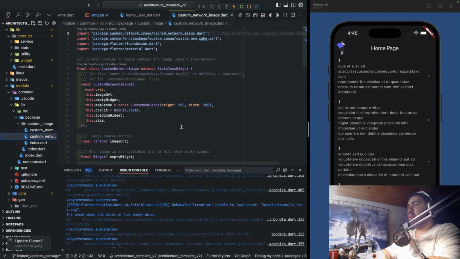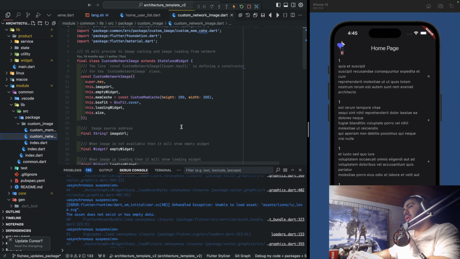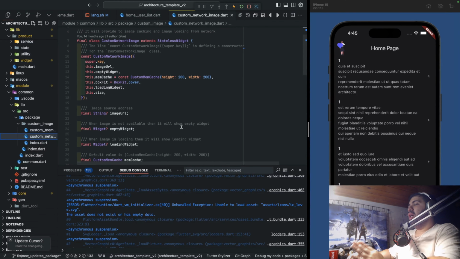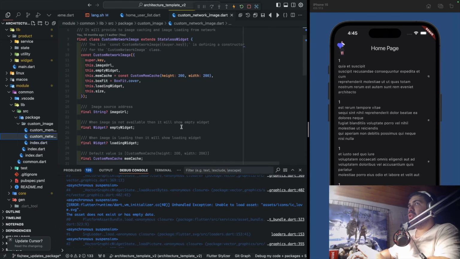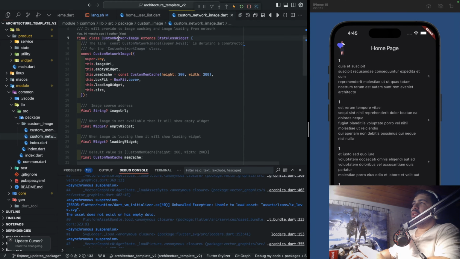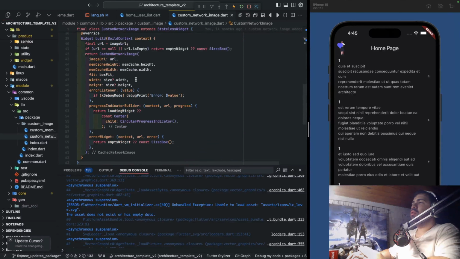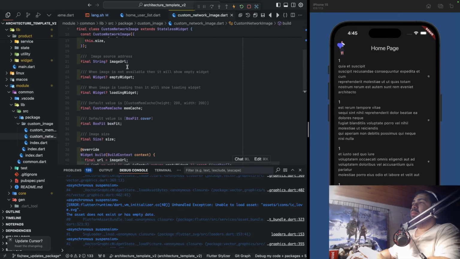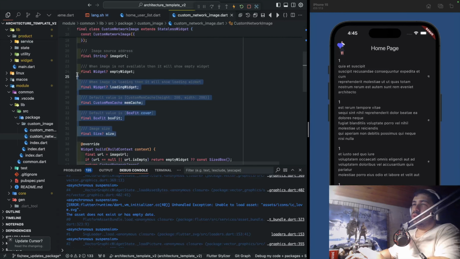Your idea always has to be the same. You don't use third-party packages directly in your core or main project. You have to add a new module or new package for managing and helping user operations. Because I made it like this, I created a custom network image. It is using cached network image, but I'm creating a property and some abstraction for usage